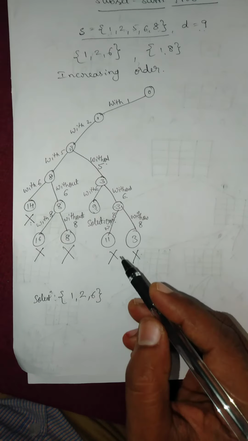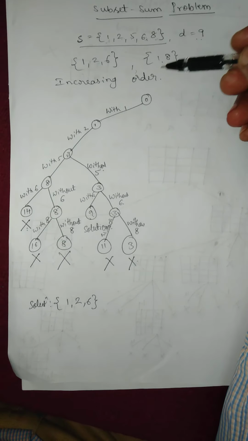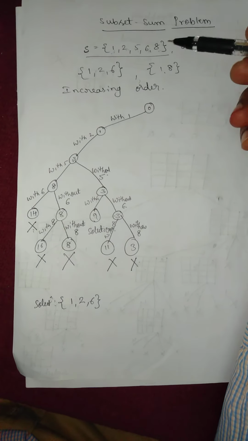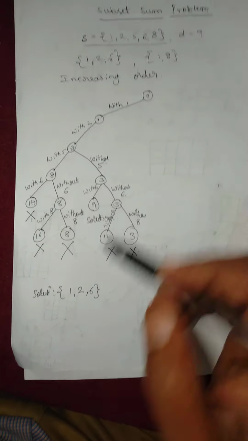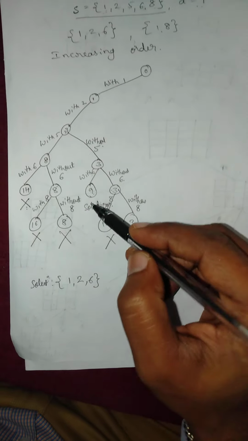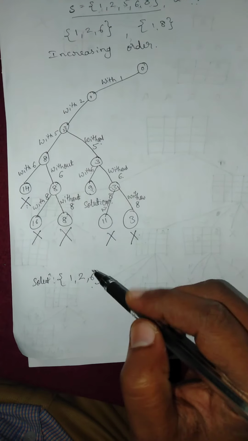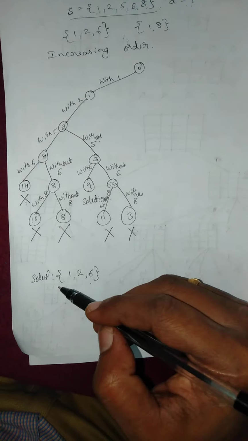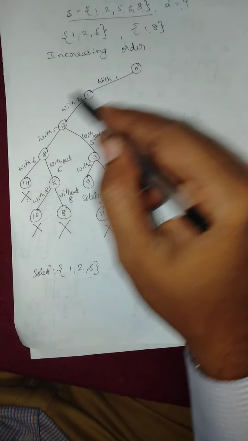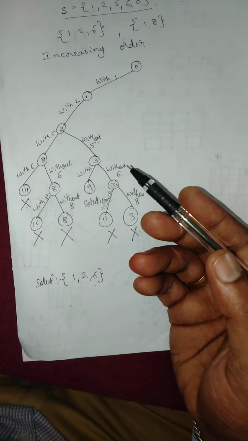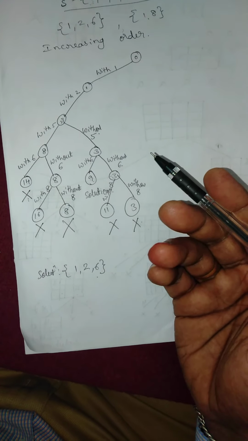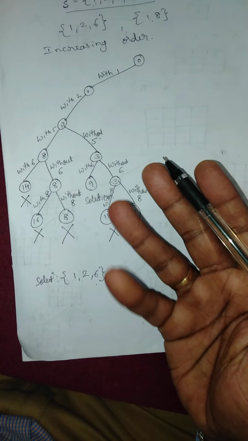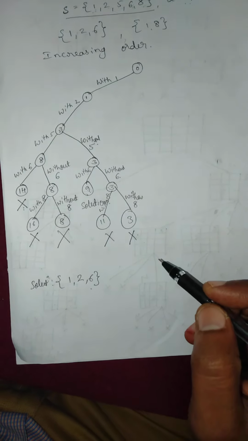Right. So there may be a question: once we obtain a solution, why should we proceed further? Yes, this is the choice at the user end. If the user wishes to find only one solution, stop the procedure here. Otherwise, if you would like to enumerate all the possible solutions, then continue constructing the state space tree in a similar fashion.